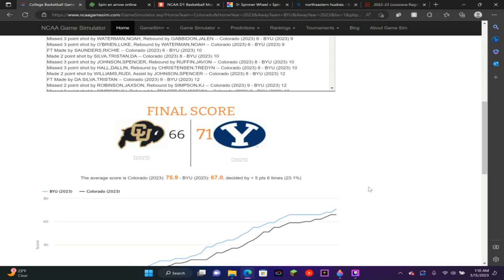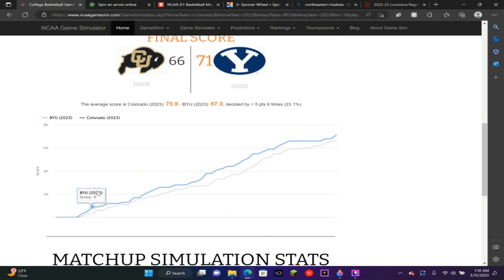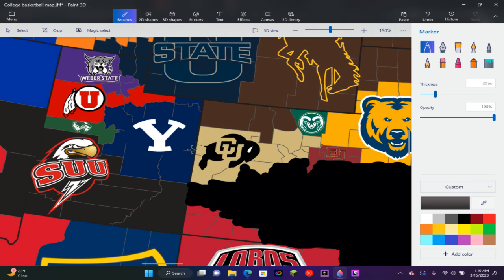And BYU does sneak the upset, a 5-point win. And looks like BYU led the entire way. They never gave up the lead once. So BYU will slowly expand their empire east. Ooh, that is the wrong color. I must have clicked on the county color, not the border color. BYU does expand east, and now they become vulnerable to